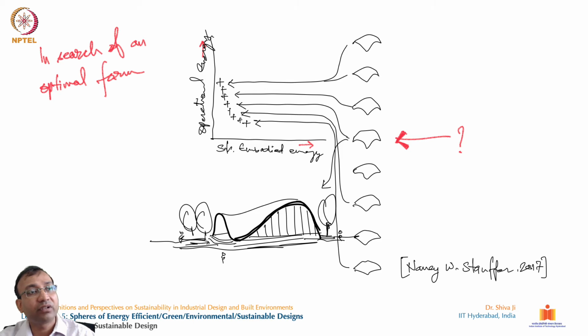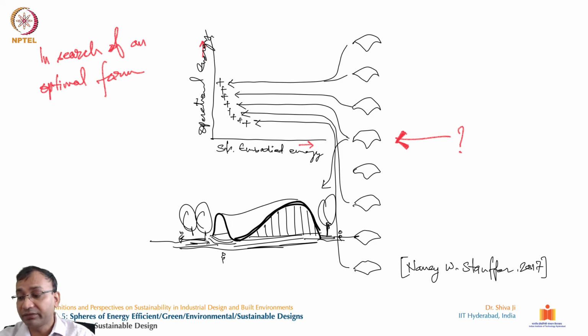This shows the efficiency on two parameters. You can see here the y and x dimensions. The x-axis talks about structural embodied energy, and the y-axis talks about operational energy. One is taken at the time of fabrication and manufacturing, and the other is taken during the operation stage, as we have discussed, because the operations period is going to be quite longer than the time of fabrication.